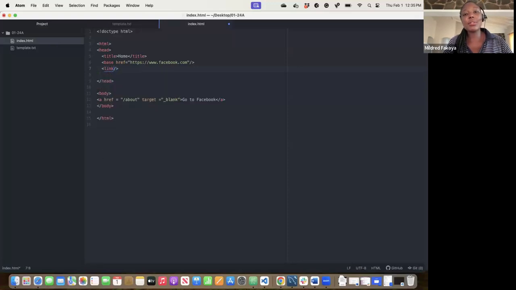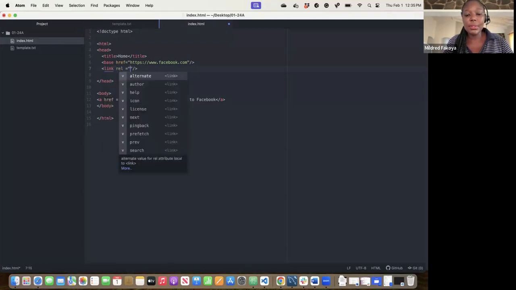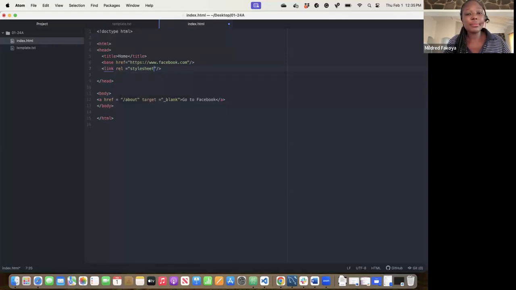The link tag is used to specify an external style sheet, a CSS file, to the page. So if you have a style sheet and you want to apply the styles to this page, you specify an attribute where you put the link to the file that you want to use. So we'll say link rel is equal to stylesheet, and then we'll specify the type is equal to text/css, and then we'll specify the